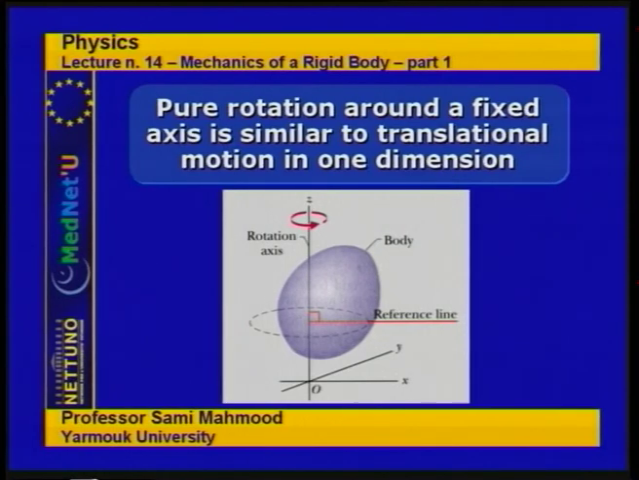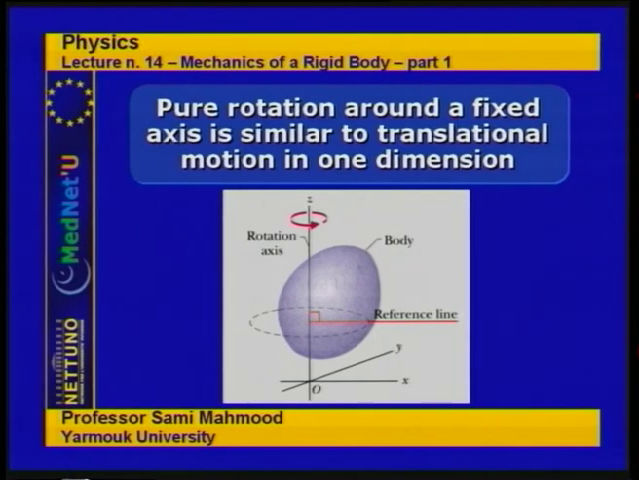And this picture depicts the problem that we are concerned with, where we have a general object of a general form. That object is free to rotate around this fixed axis, which is z, that is going through its center of mass. And in order to study the rotation of this body,